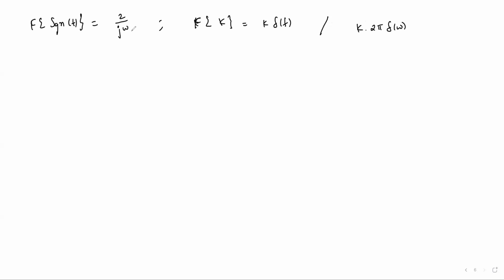So this is in omega. If you want F analysis, the Fourier transform of the signum function, replace omega with 2 pi f. 2 by j, 2 pi f. So the 2 gets cancelled. 1 by j pi f is the Fourier transform in X of f format. The Fourier transform here in X of f format is this one, and in X of omega format, this one. Then let us find